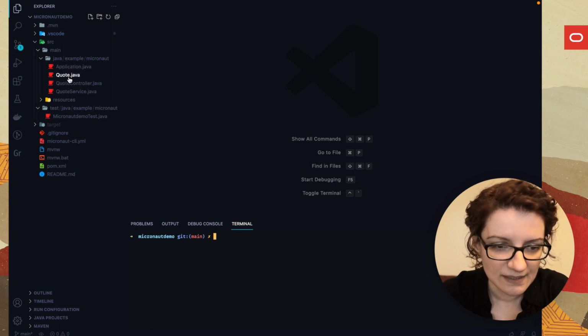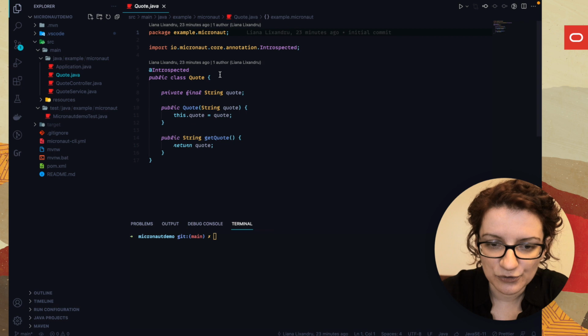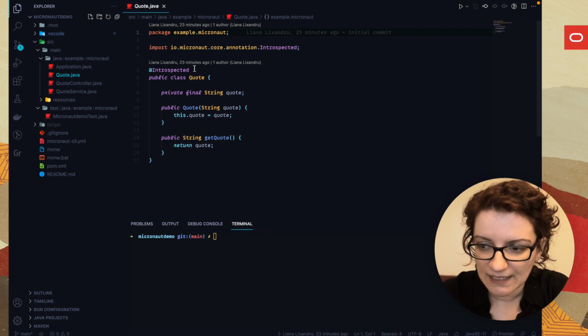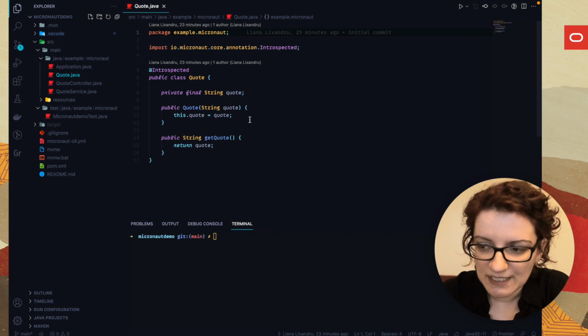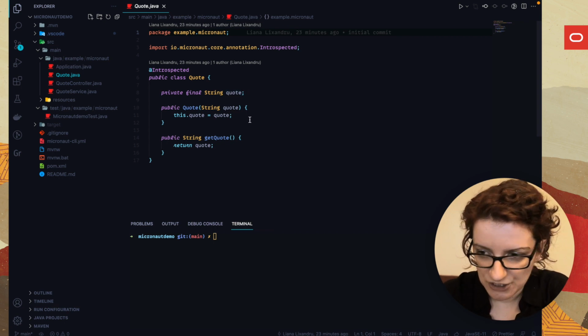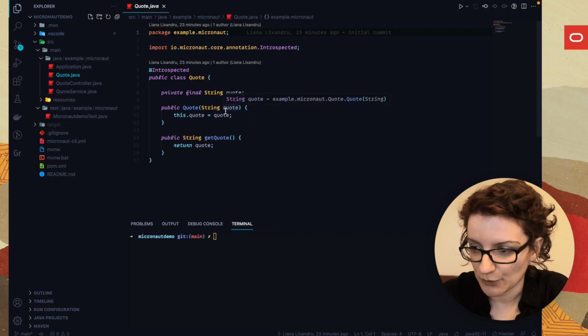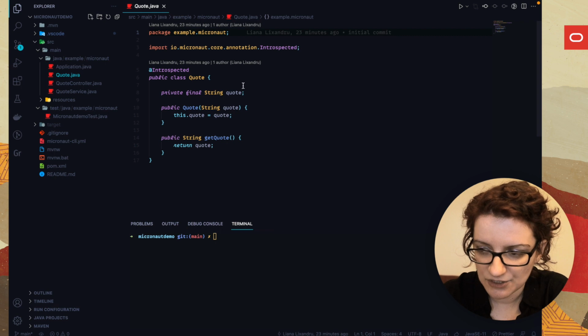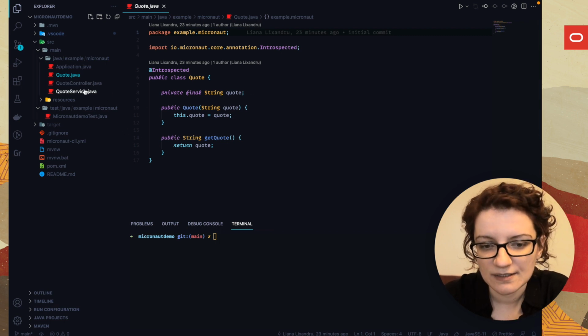As you can see, I've got here a few files that I've created. One of them is the Pojo that's called Quote. Here you can see that I've annotated the class with @Introspected to generate bean introspection metadata at compilation time. This information can be used, for example, to render the Pojo as JSON using Jackson and without using reflection. So here we are defining a string called quote